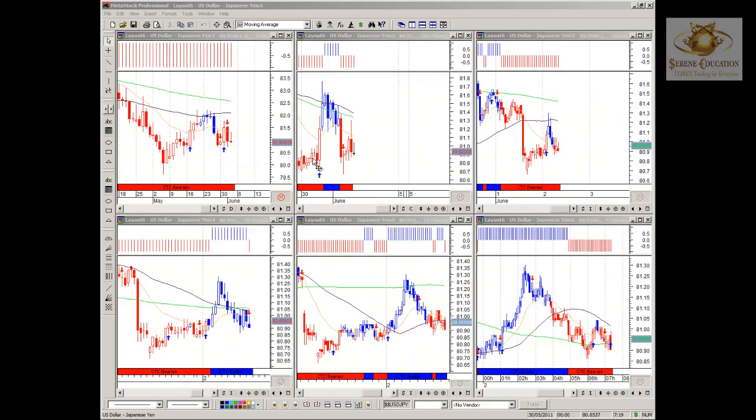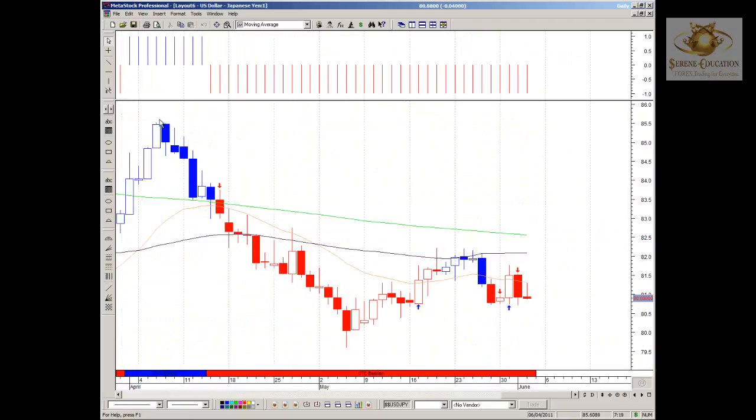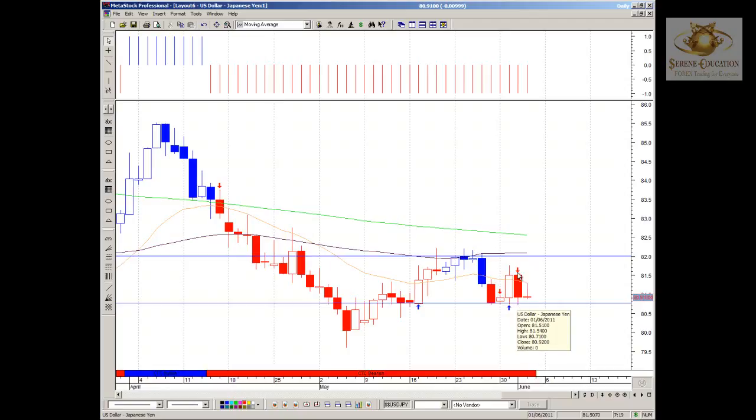Last pair of the day is the US dollar against the Japanese yen. Daily: bullish, then bearish engulfing, and it looks as if the US dollar is going to lose ground against the Japanese yen. It's a bearish engulfing, very strong, forming a lower swing than the previous one. The 8200 was the prior resistance level. The bullish engulfing failed to materialize, and yesterday, instead of price reattempting the 8200 mark, it fell,